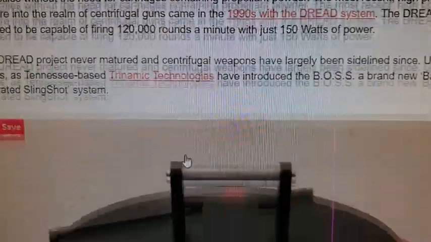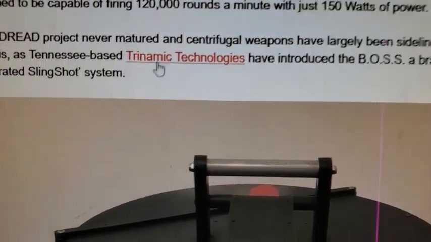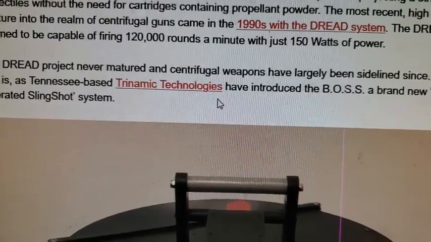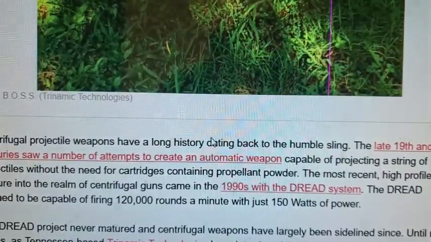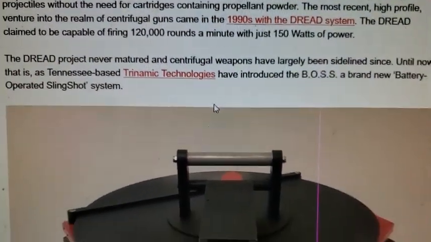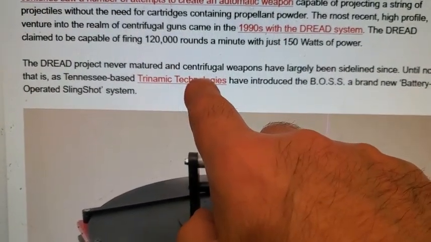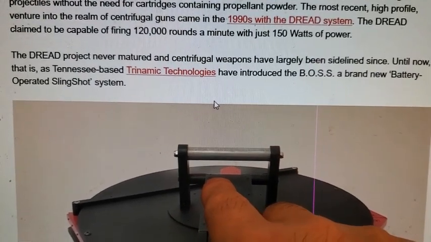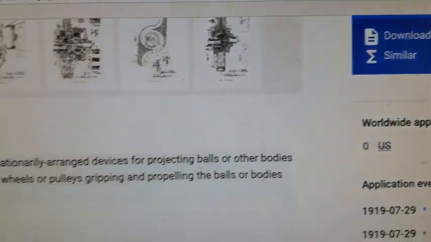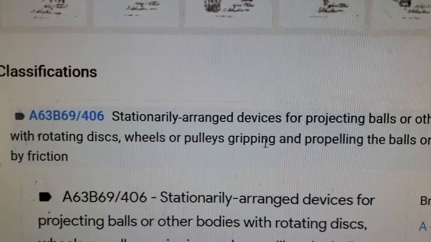So they were going back to David, too. Dynamic Technologies, which you can find, but you can't find anything about this, even though this was from 2020. I found the patent from Dynamic Technologies for this. And you can also find the patent. Here's the patent for the first centrifugal gun back,